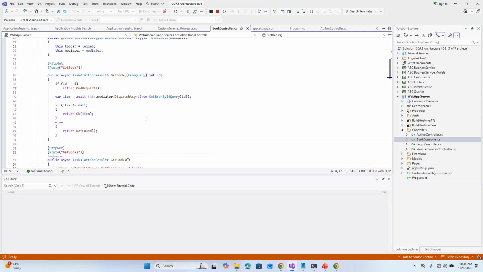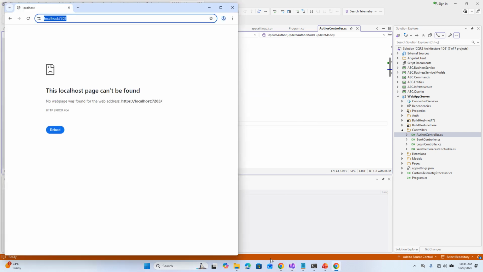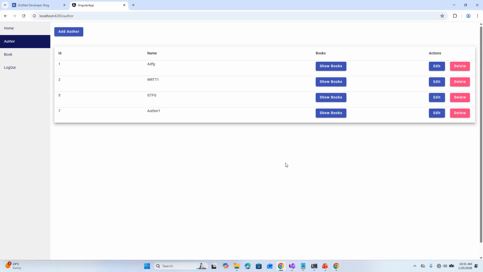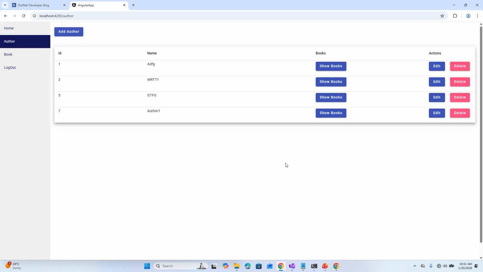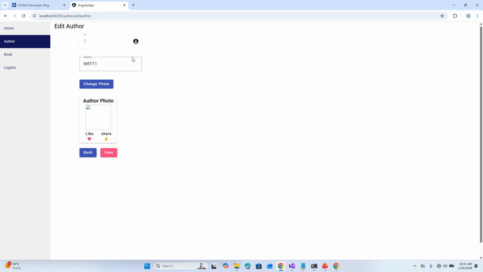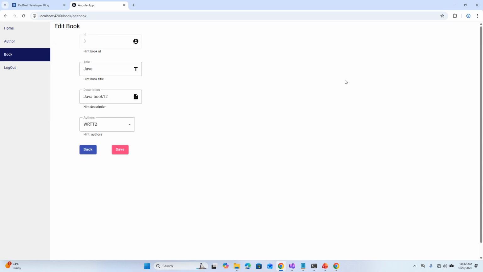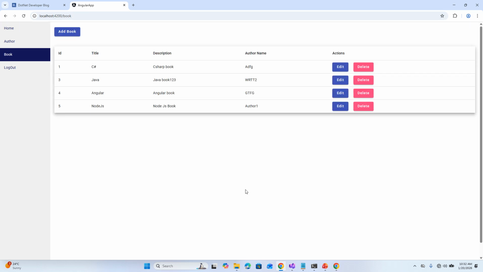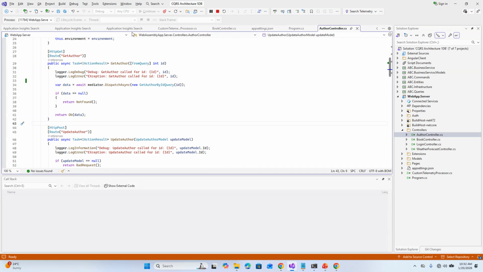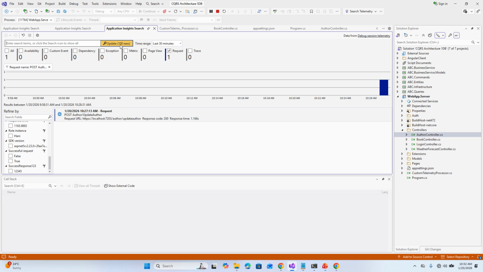Okay, now we'll see in the app side. First we will refresh, edit our author, go to the book and edit one book and save it. If you see the application insights search, if you see the log,